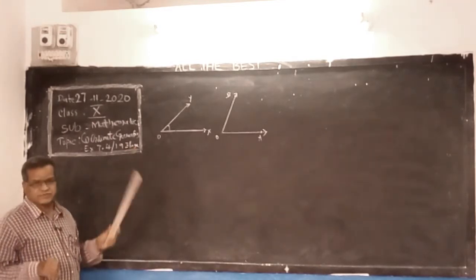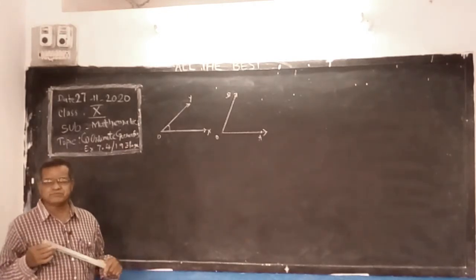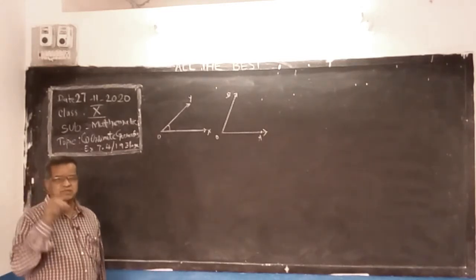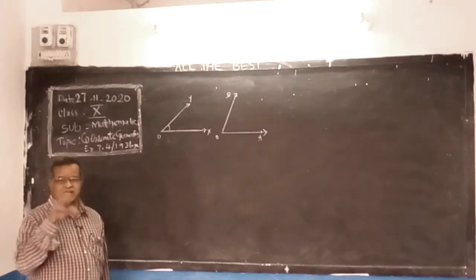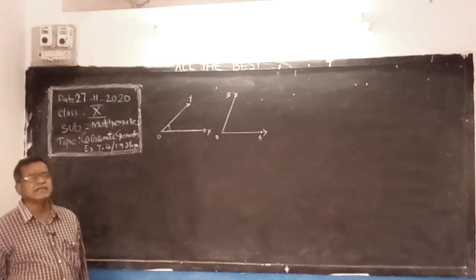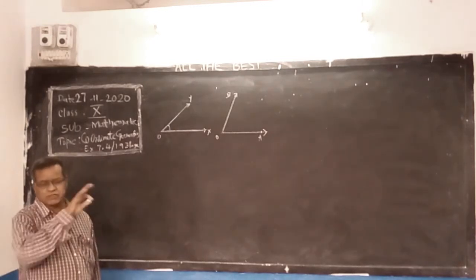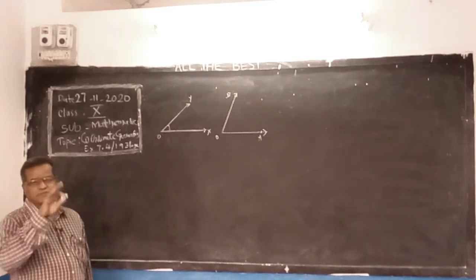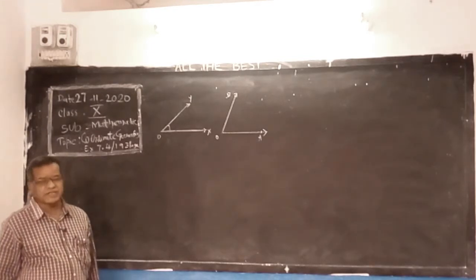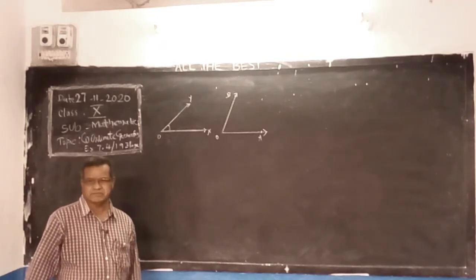So we did in exercise 1, and the points are collinear. Collinear means if the points lie on the same line, then the points are called collinear. Our area of the triangle is 0. AB plus BC is equal to AC. If A, B, C are points on the line, then the length of AB plus the length of BC should be equal to the length of AC, the total line. If it is satisfied, then we say the points A, B, C are collinear.